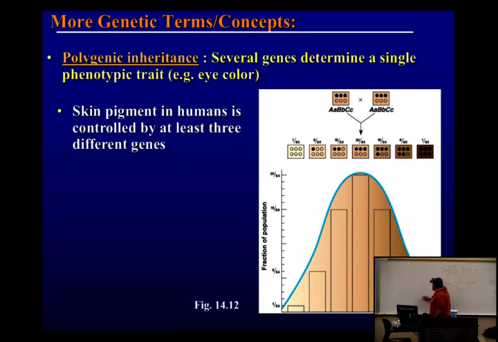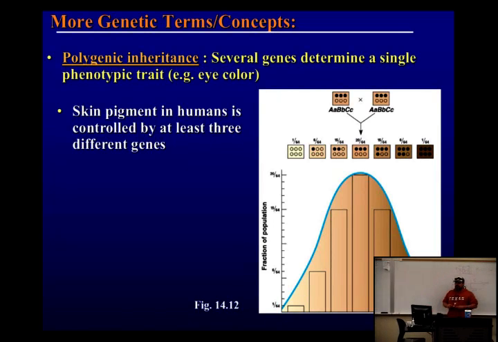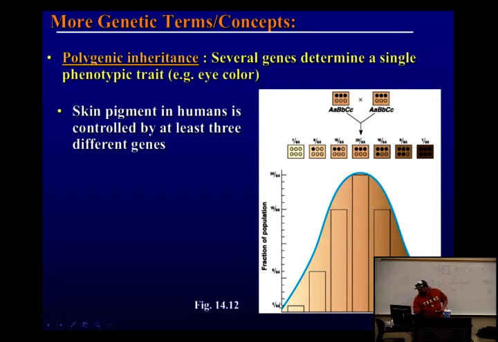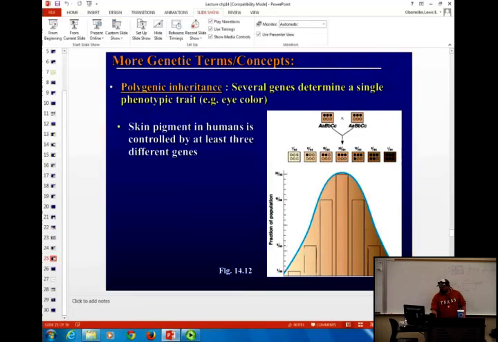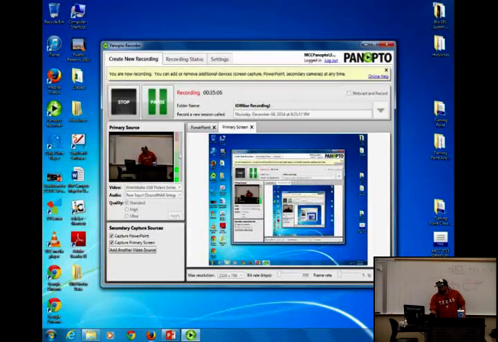So that means when you do a Punnett square, you have an 8 by 8 Punnett square. So how many squares would you have? 64. So that's why there's 64 probabilities here. So you have a 1 in 64 chance, if you're heterozygous for all 3 of these, to have a child that's completely white. And if you're heterozygous, you have a 1 in 64 chance of having a child that's completely dark. Does that make sense? And this has happened. There was a couple in England that had twins. They're not identical twins. They're fraternal twins.